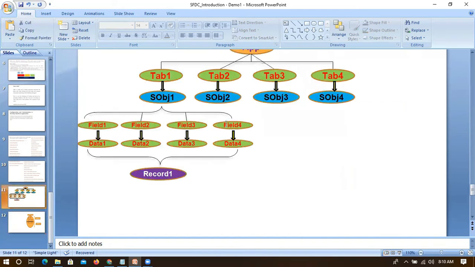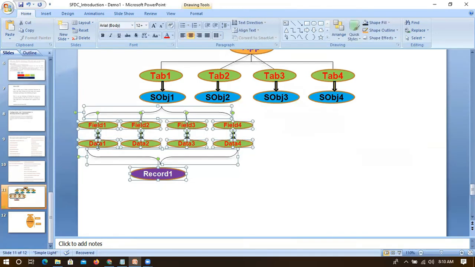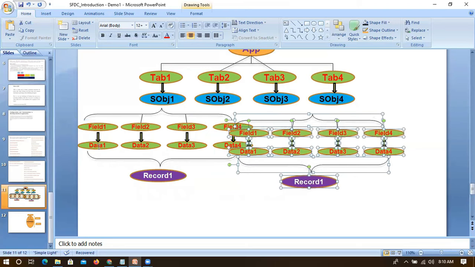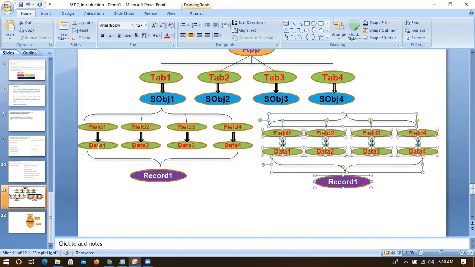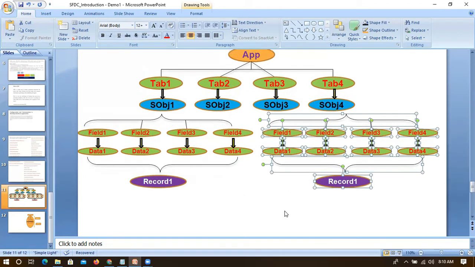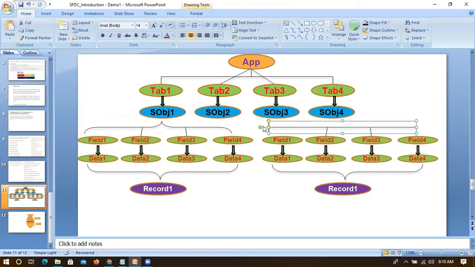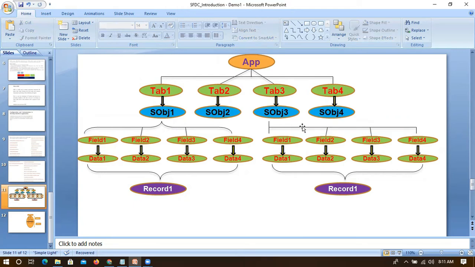So this is where I can create multiple records, and we have created multiple records also. If I want to create the same set of records, I can create them for the same object, or for a different object also. Let's consider this is only for subject one. For this subject one, I have the same fields, and if I want to create another set of data, I can simply create another set. These are records, and we have created those records also.